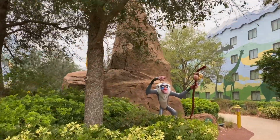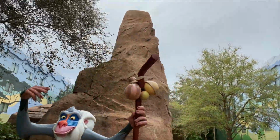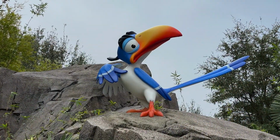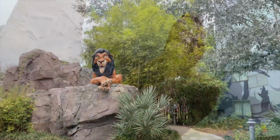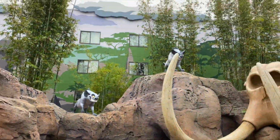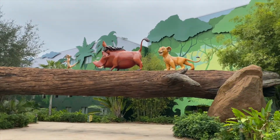Next, walk through to Pride Rock in The Lion King. Rafiki greets you from the direction of the animation hall, and Zazu says hello from the Little Mermaid direction. Mufasa sits behind Rafiki, and Scar looks down on you from behind Zazu. In between, you'll see the hyenas, complete with the elephant graveyard, and young Simba and Pumbaa and Timon in the